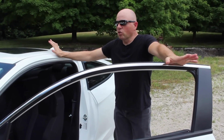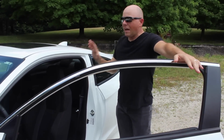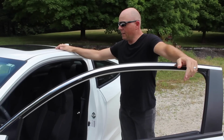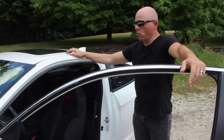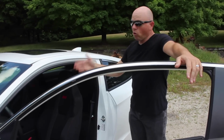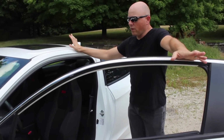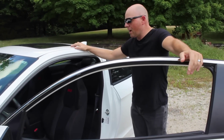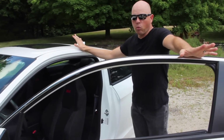Alright guys, a couple general bits of information about the Honda. The Honda Civic Si is not a separate model. It's basically just a Civic that's been warmed over a little bit, and the primary differences are more boost in the engine for more horsepower, adjustable suspension. It only comes in a 6-speed version, sport seats, and there's various other small differences, but this really isn't a sports car. It's an economy car that was sprinkled with some performance goodies to make it more sporting,